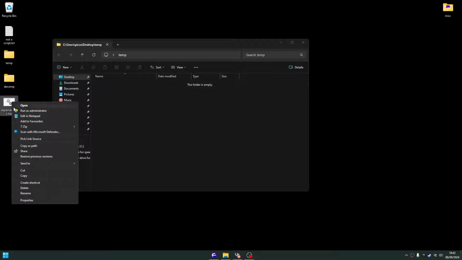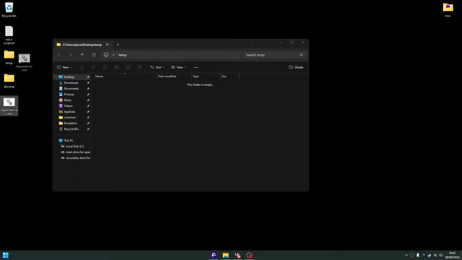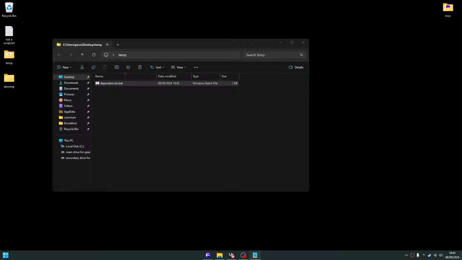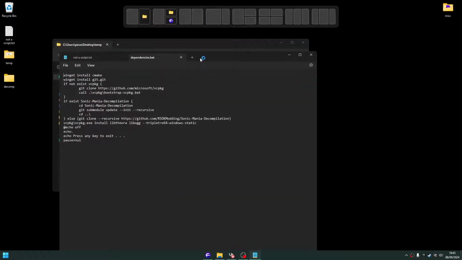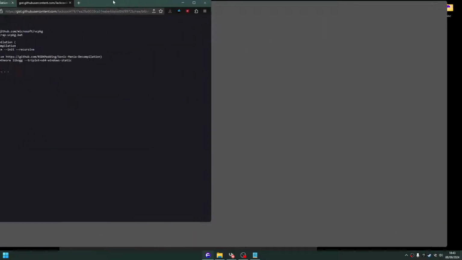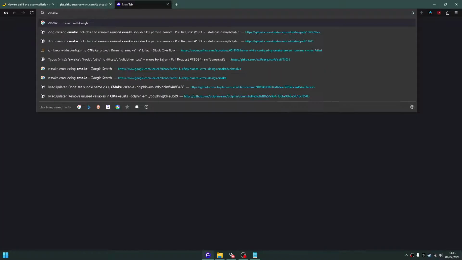Now, all you have to do is double click this inside the temp folder, but I will walk you through the contents just in case you don't trust it or whatever. The top two lines here use Winget, which is a program that's included during later Windows 10 versions. You might have to manually go onto the websites for CMake